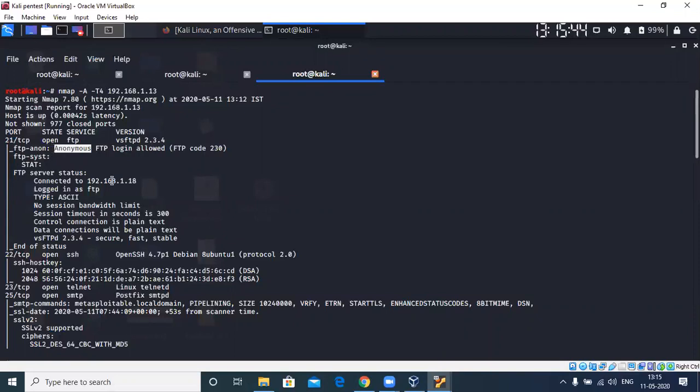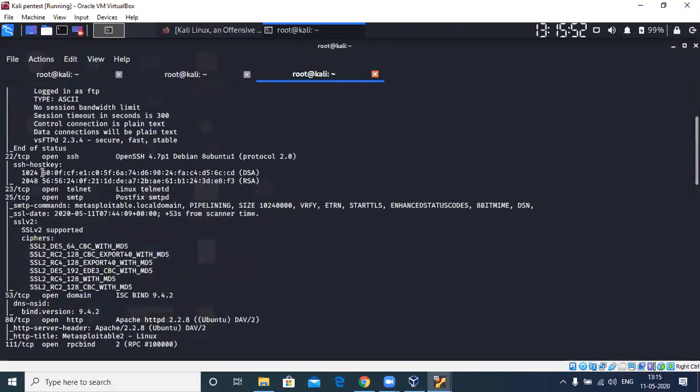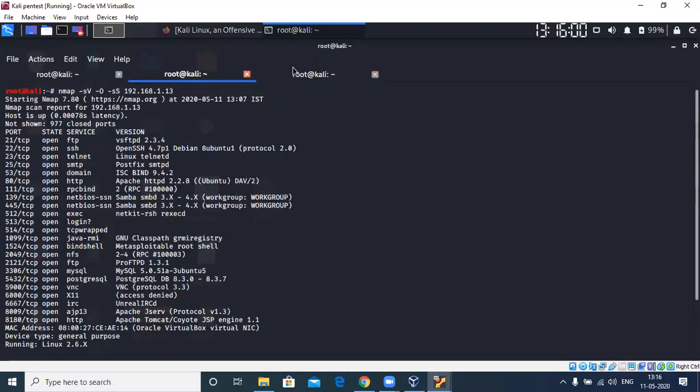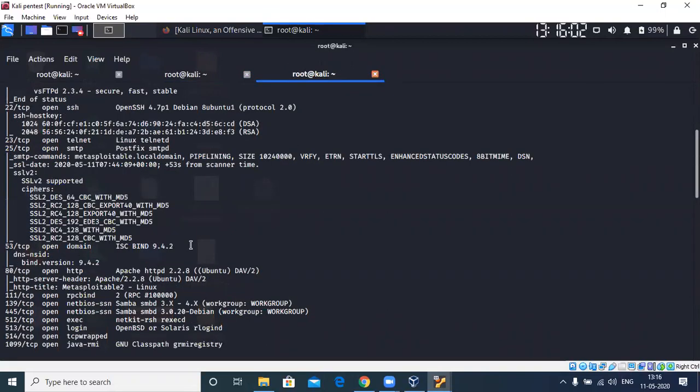Anonymous login means you don't need any password. You just type anonymous and enter. So these are the different kinds of scripts it will also run in an aggressive scan. This is the major difference between the normal version detection and OS scan and the aggressive scan. It runs additional steps.